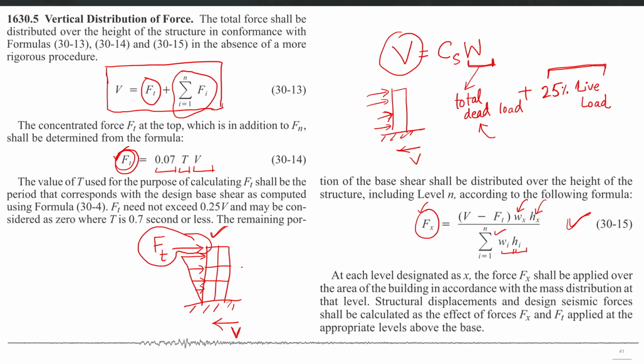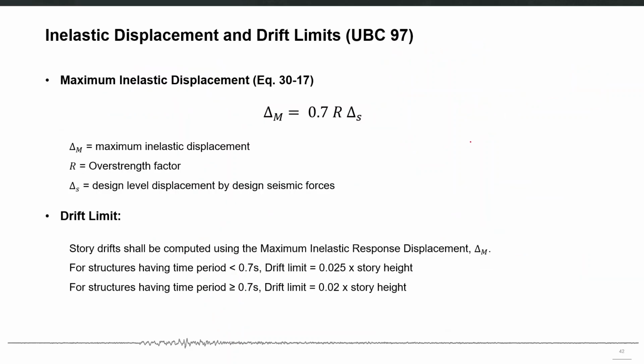of deflection. And since this analysis method recommends only one lateral load pattern to be representative of the future earthquake loading, and in contrast your building can have significant contributions from other modes of vibration also, second mode or third mode, so to implicitly account for their effects, you have to apply a fixed value of force Ft, which will be basically part of this V, to account for all those effects implicitly. So once you have distributed all those forces to each story level, you can carry out the static analysis, F is equal to Ku, to come up with all the displacements and internal forces and moments and shears, everything.